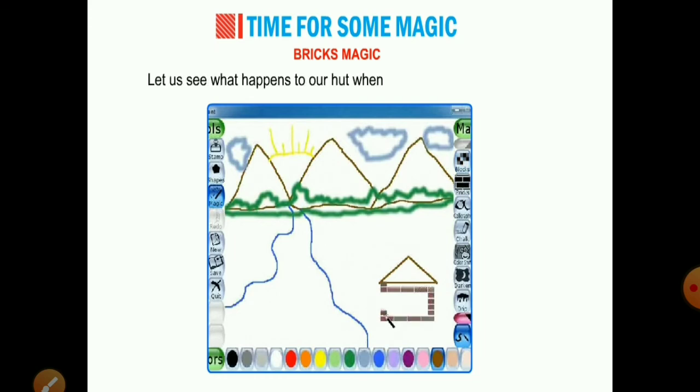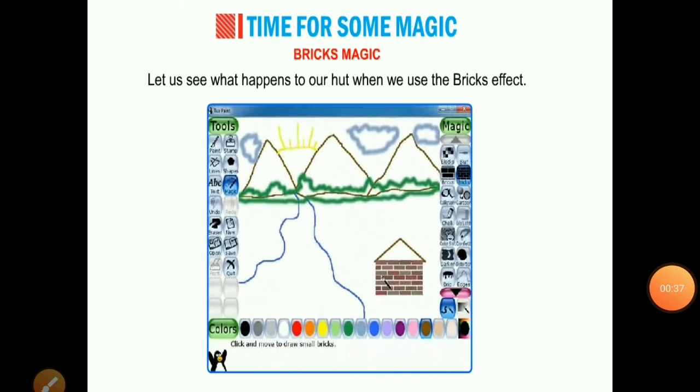Let us see what happens to our heart when we use the bricks effect. Now children, you can see our heart is filled with brown colored bricks. So here our heart looks like a real house or hut. So using the bricks effect we can add bricks in our drawing.